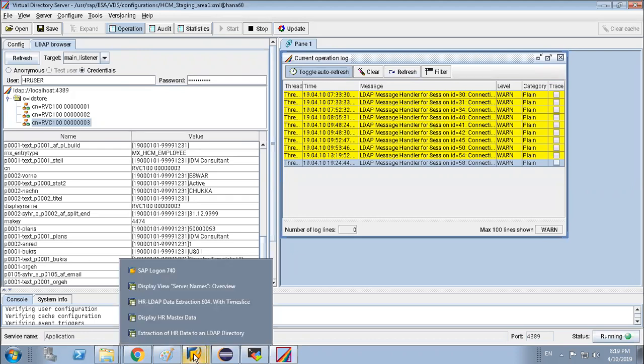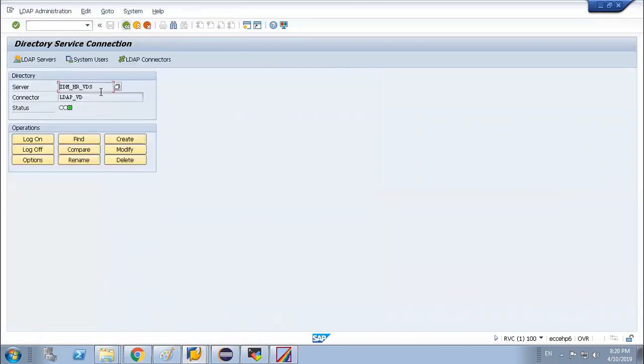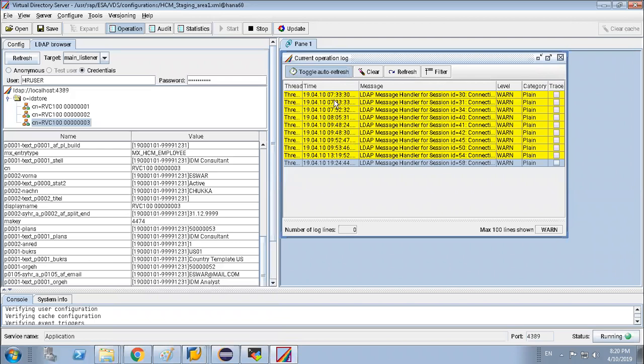Although since we are able to connect through this LDAP server, that means it is connecting. But from VDS also we can check the operation log whether it is connecting or not.